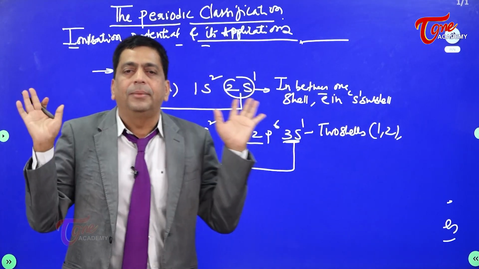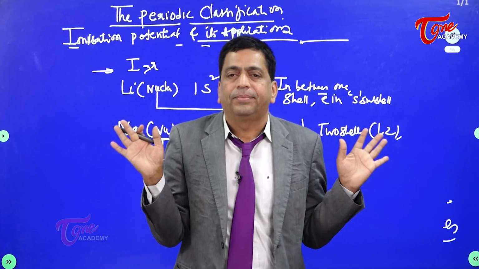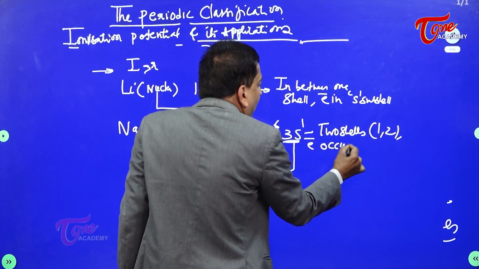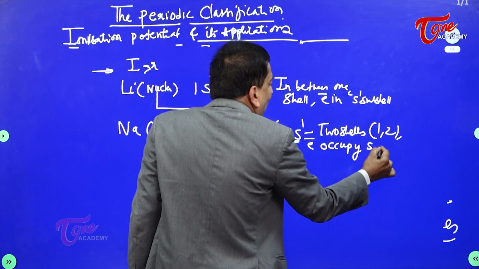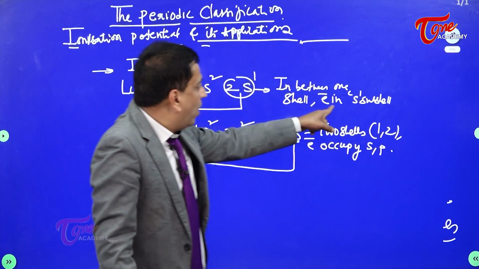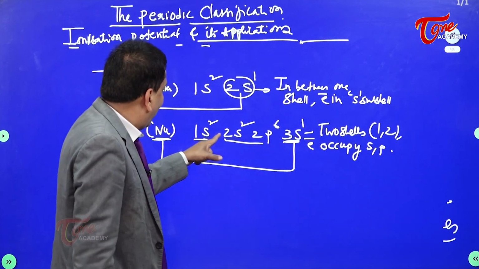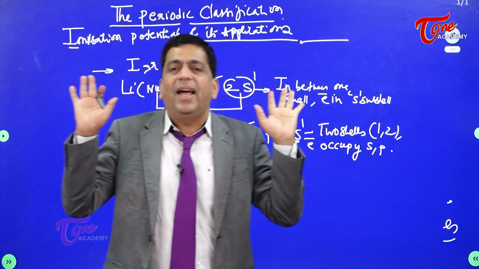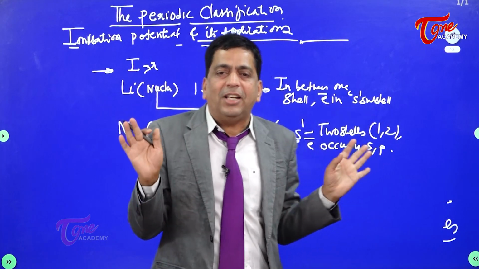The electrons occupy S, P. Here they only occupy S. Here they are occupying S, P. These two are S and that is P. S, P. If I write potassium,